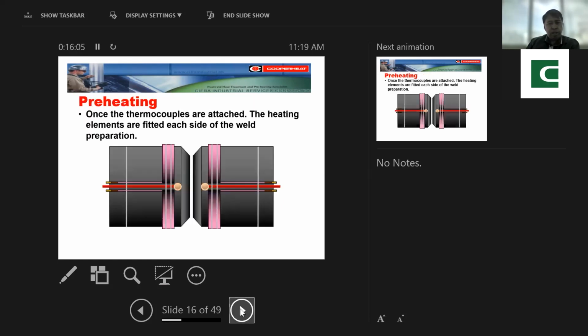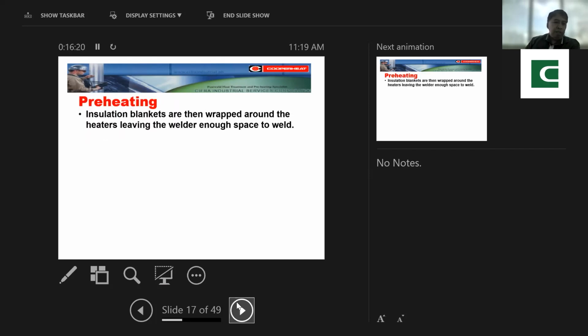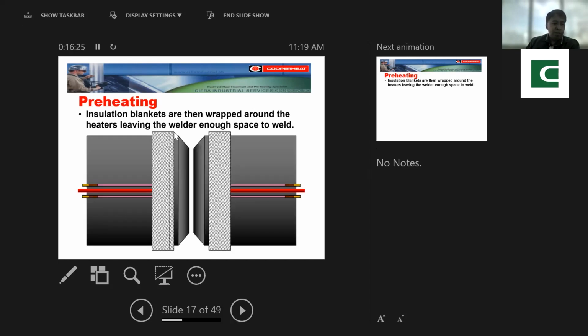So once na-attach na natin yung thermocouple wire, then we install ceramic heater or ceramic pad. You will cover this with insulation blanket or the ceramic fiber insulation. So as I mentioned to you kanina, as much as possible avoid temperature gradient in order for you to avoid distortion. So kailangan balutin natin yung ating material with enough insulation. Kapag yan hindi enough yung insulation mo,